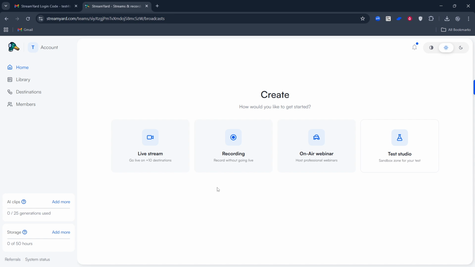And that's it. No password reset is needed because passwords aren't part of StreamYard's login system. Each time you sign in, you'll receive a fresh 6-digit code, which keeps things secure and simple. For faster access next time, consider bookmarking the login page and make sure you can quickly check the inbox for the email you use with StreamYard. You're all set to go live without the hassle of password resets.